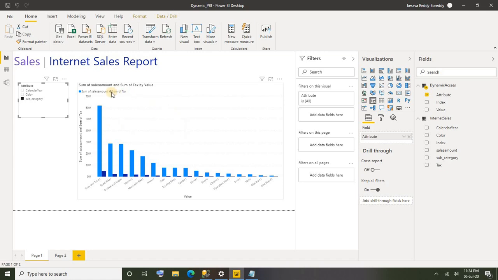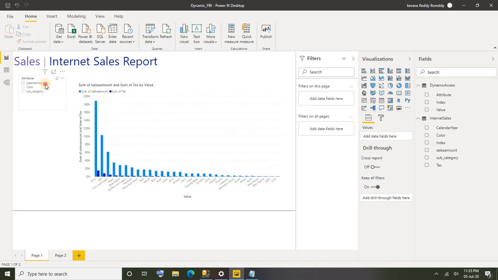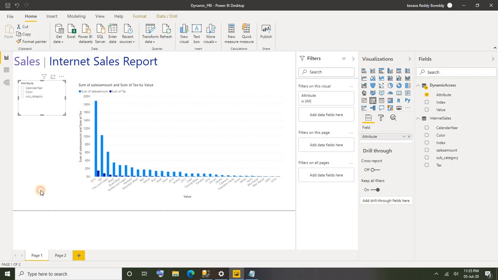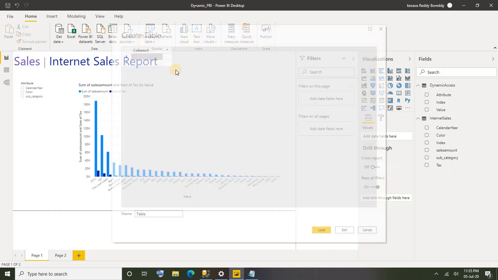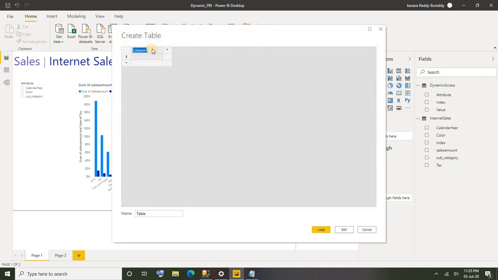Let's give the feasibility to the users, wherein users can select the required metric from the slicer and see the trend. Okay, so for that we need to create a bit of DAX. Let's go ahead and do that. Before that, we need to create one small table here. On top there is one option to add data. Let me go to add data option. There will be one window popped up here. Let's create a small table here.